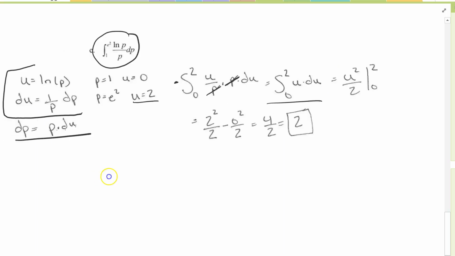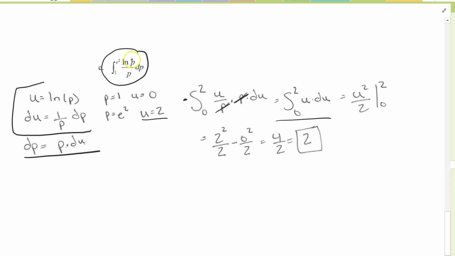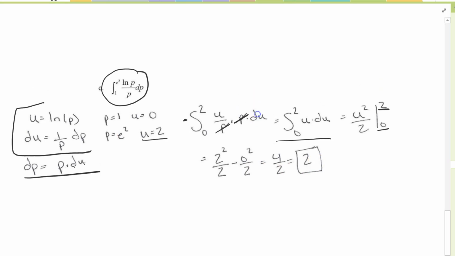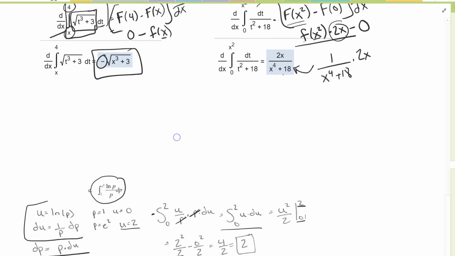So kind of seeing that if you have an ln of p, you want to simplify that, so you just have u as ln of p, then du is 1 over p dp. That simplifies it to integrating u, which is very easy and straightforward. Plug in the upper bound and the lower bound in terms of u, and then you get your answer. So hopefully this video helped